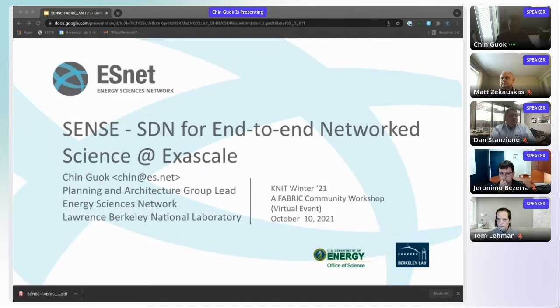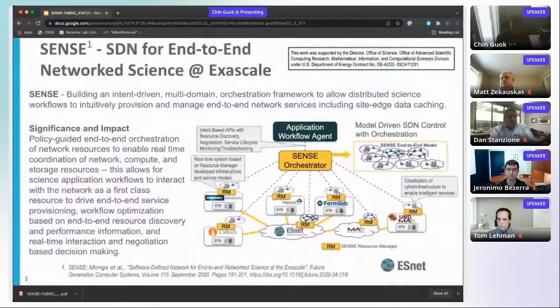And so that gives you a larger reach in terms of being able to extend what the Fabric testbed is. So with that, let me go ahead and